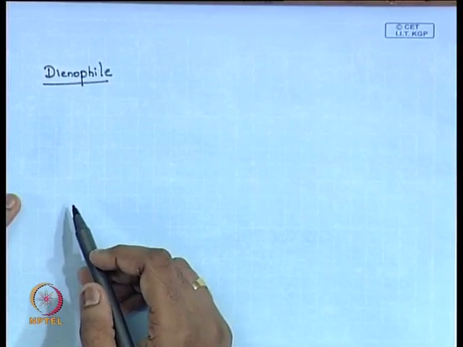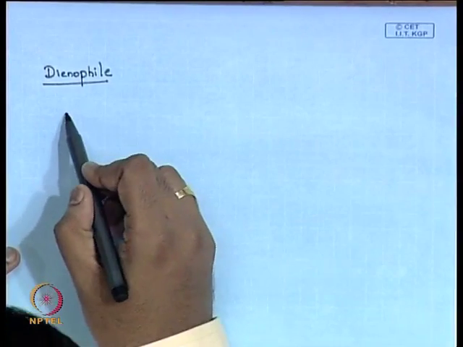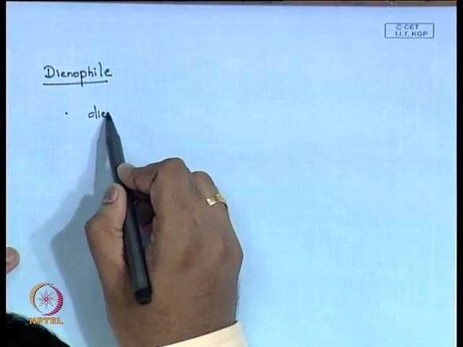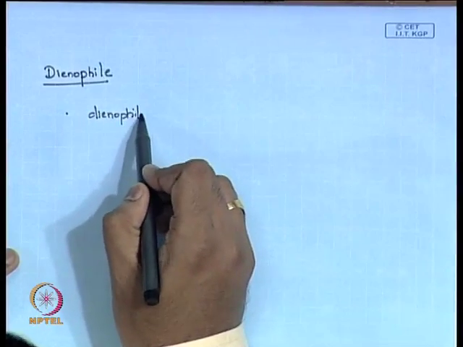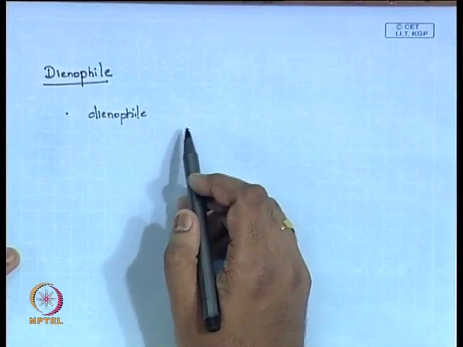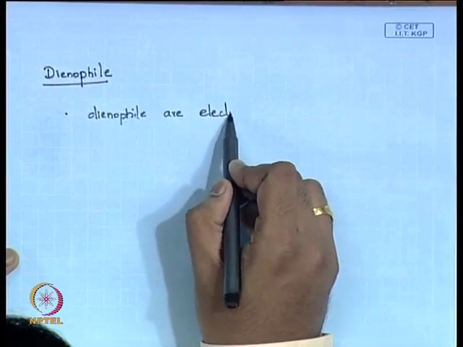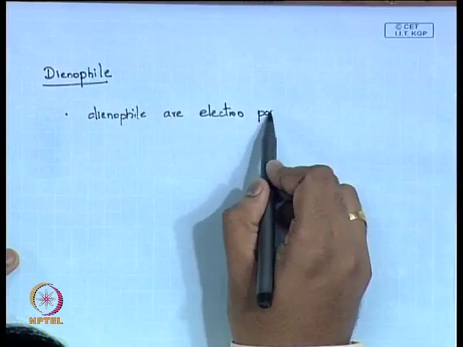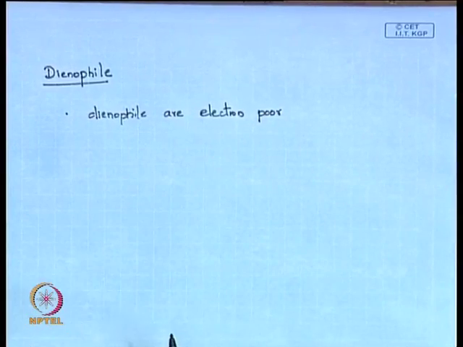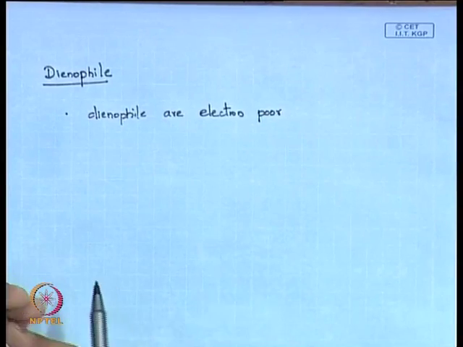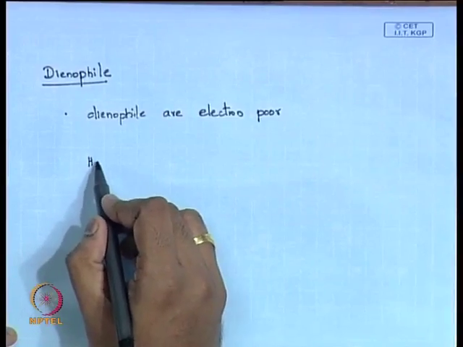How should the dienophile be? Now we know, because the diene should be electron rich, it should be the other way around, there should be electron poor. I am talking about the double bond. So, that means if you have an electron withdrawing group on your dienophile, it becomes electron poor and you can do good chemistry, they can be very good dienophiles. For example, if you take a simple alkene,